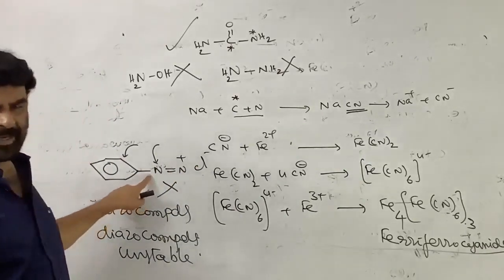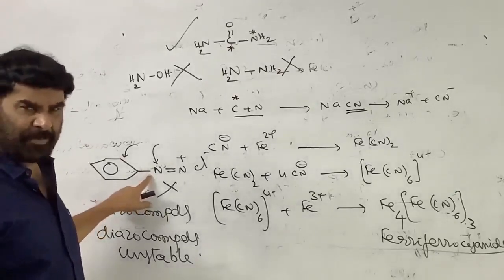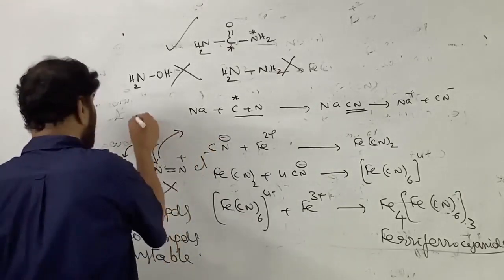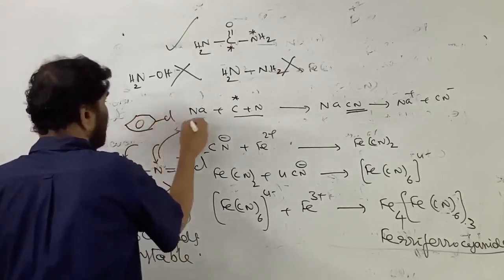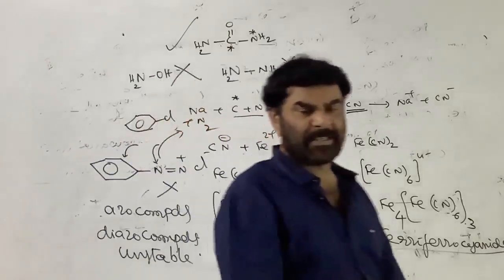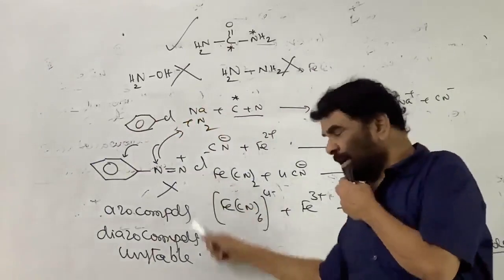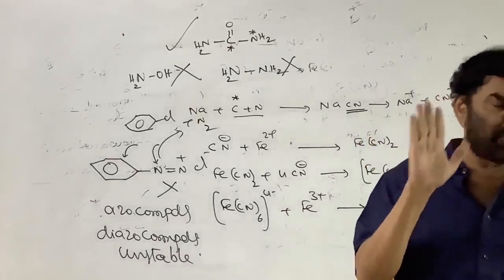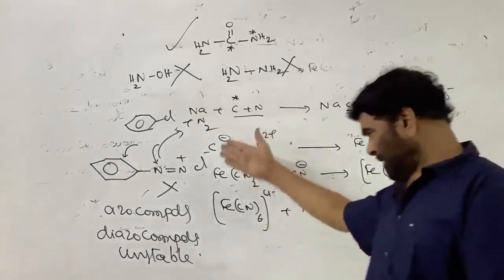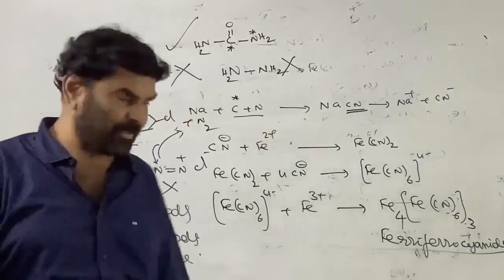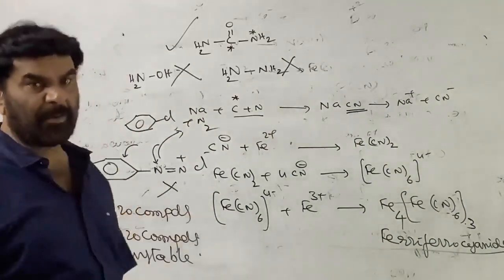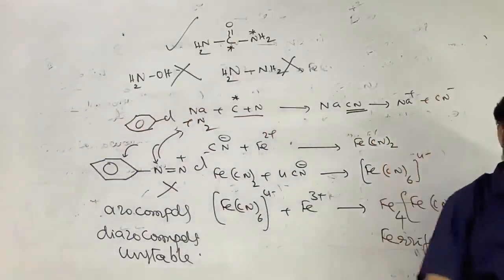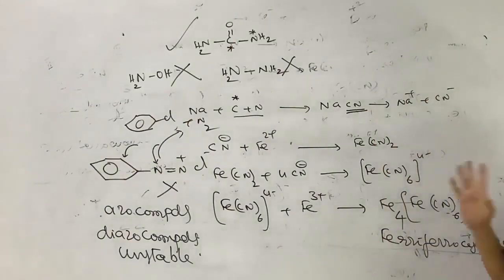Being a very unstable compound, if it is heated, before reacting with the metallic sodium it undergoes decomposition. Chlorobenzene is formed here, and nitrogen is liberated. It escapes from the system. So remember, azo compounds and diazo compounds are nitrogen containing compounds, but they do not give Lassaigne's test for nitrogen because they undergo decomposition. Nitrogen gas is liberated and escapes, that is, cyanide is not formed. Therefore, they do not give the test.